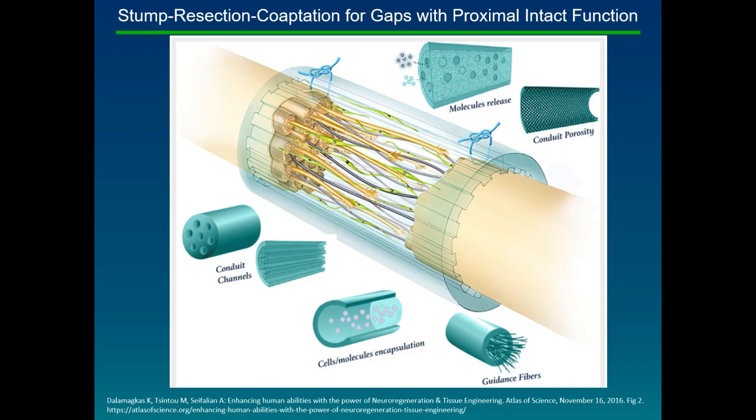Also, in addition to using donor interposition grafts from, for instance, the sural nerve in the leg, there is progressive, steady advance in technology. So firstly, we have the potential for sleeves, which have proven very effective for gaps in the range of 2 to 3 centimeters and sometimes longer. And so there are many efforts afoot to improve the effectiveness of these synthetic sleeves by, for instance, providing guides to help the nerves efficiently cross, by providing additional growth factors, either by supplying them from a matrix, or by placing cells that can